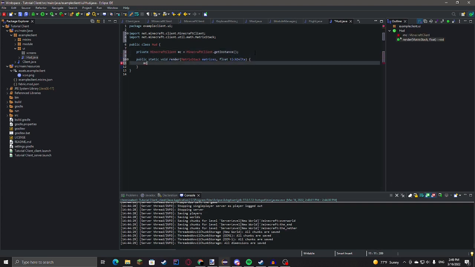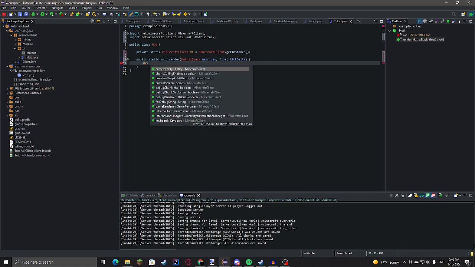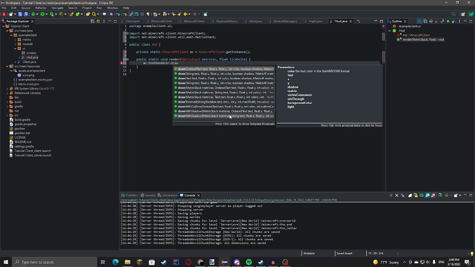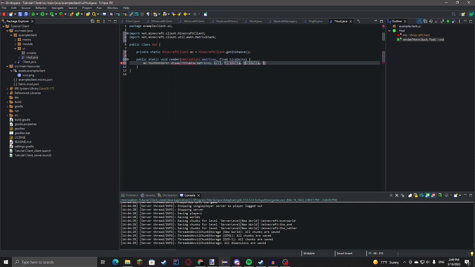So private, gotta make it static so we can access it. Okay, private MC dot text renderer dot we'll just say draw with shadow. So it's gonna pass the matrices. Text will just be test. Coordinates I'll just do 10, 10, and then the color -1, which is just white.